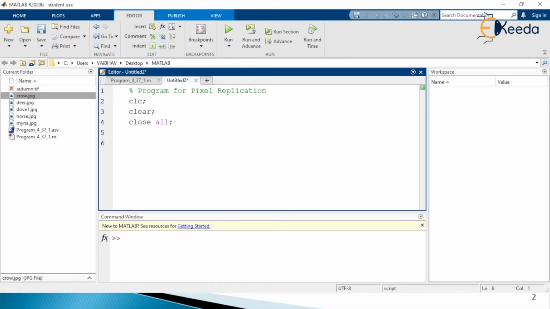So first of all, what we shall do, we shall define the original image sample of the minimum order with the help of a matrix representation here. So I just write, defining original image sample, and as usual let us take the variable capital A to hold this particular information. Now we are not going to accept any sample image that is already there in the current directory, but we are trying to generate the binary image by assigning the 0 and 1 values to the variable capital A here.